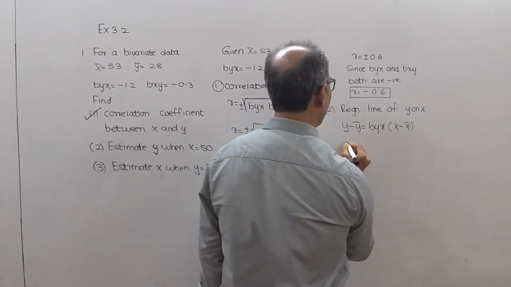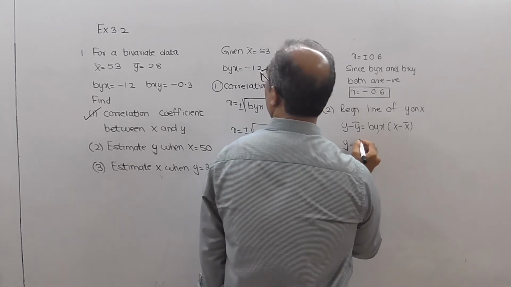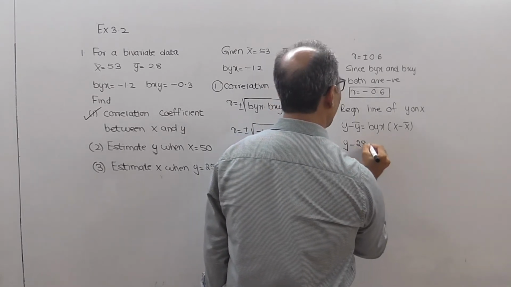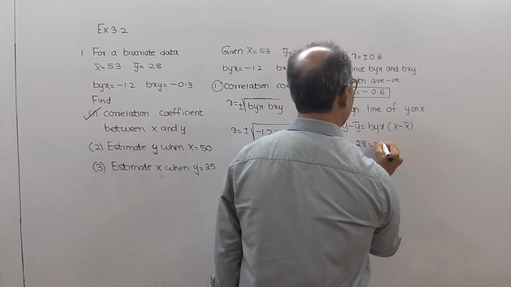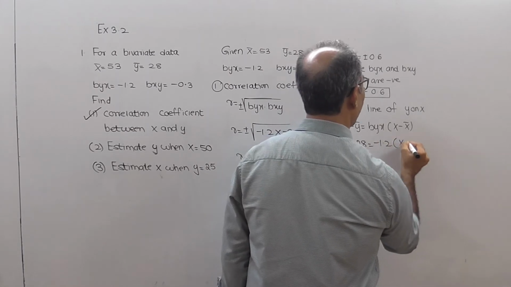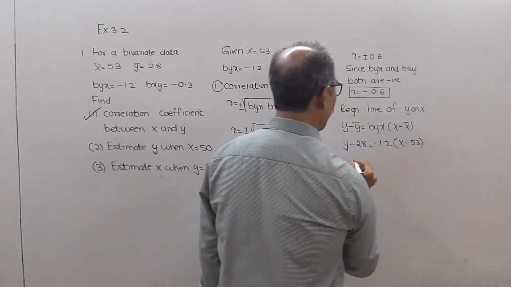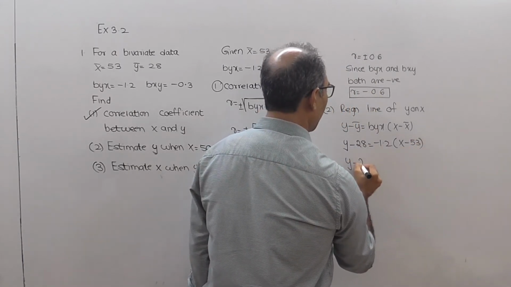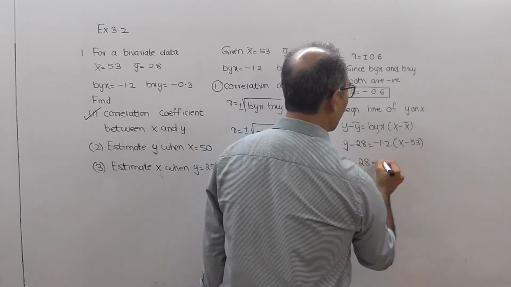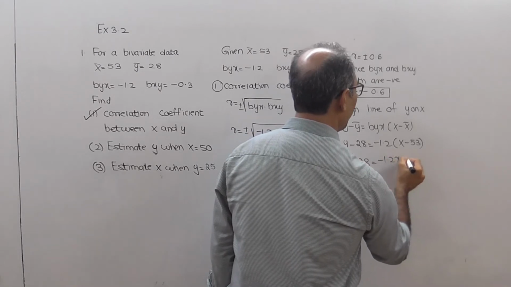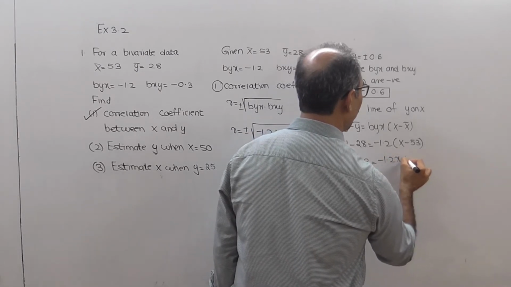So I'll just put the values. y minus, what is the value for y bar? 28. byx, which is minus 1.2. What is the value for x bar? 53. So I get this as y minus 28 equal to minus 1.2 into x minus 53, minus into minus will give you plus,